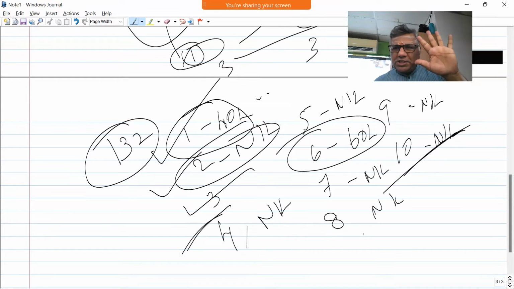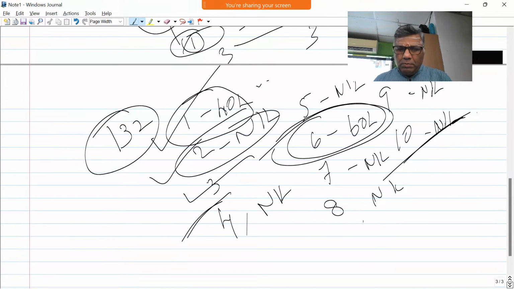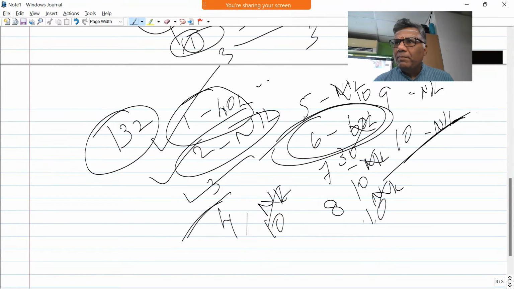50 lakhs once it is extra, 50 lakhs per year. If the income escaping assessment is more than 50 lakhs, I can reopen from all the years. Why has the law kept it so? Here in this case, if I am the assessing officer, I will open year 6 alone. But imagine this is 10, this is 10, this is 30, this is 10, this is 10, like that it goes. Individually, in none of the years is it more than 50.